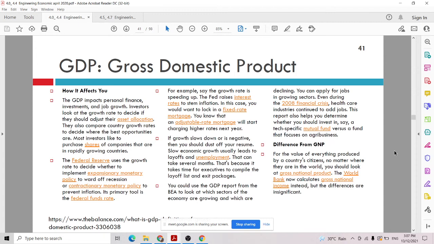Then how does it affect you? Basically, GDP measures the country's growth. When the country is good at producing products, the government will intend to put more allocation towards national growth. You have your opportunity. From the company development side, they want to reinvest again to increase the GDP, which will contribute towards national growth. As individuals,